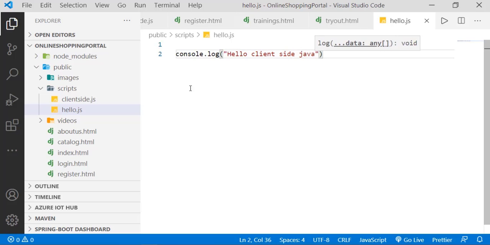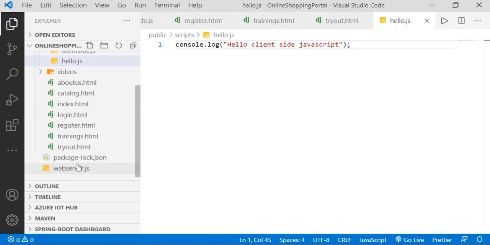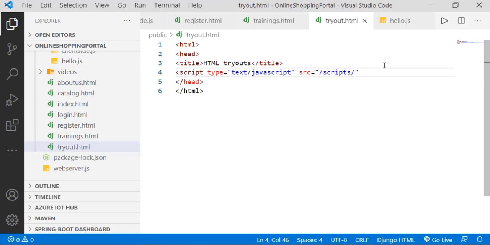Remember yesterday's syntax? You just come to your newly created tryout.html file and link that file. Which file? hello.js. This is the way you are linking our script block, and under the script block you are terminating properly. Now this is the way you define a lot of extra attributes. We'll learn within 2-3 minutes now. Under this, I would like to say that every HTML will have body. The body will be terminated by using /body.